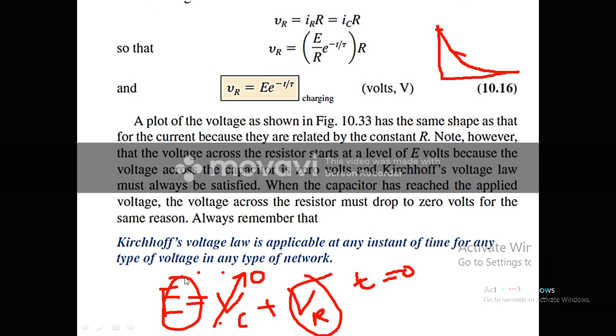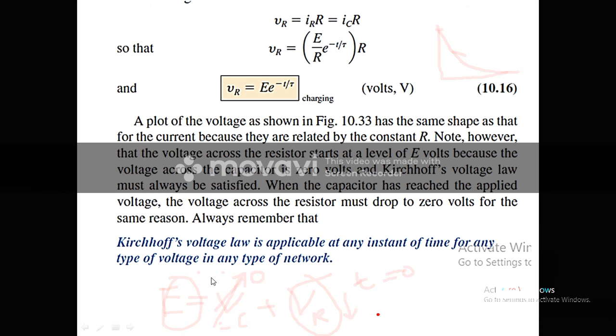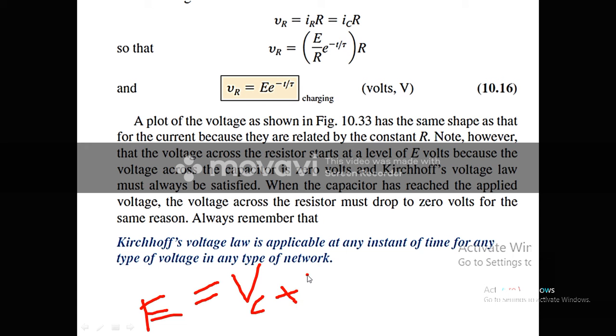and Vc is completely equal to 0. As soon as the voltage appears across the capacitor, VR will be reducing, and as Vc reaches E according to the KVL, what would happen? As Vc is equal to E, VR will be equal to 0, because at that time no current will be flowing through the resistor, and it is also verified by the KVL. Okay,